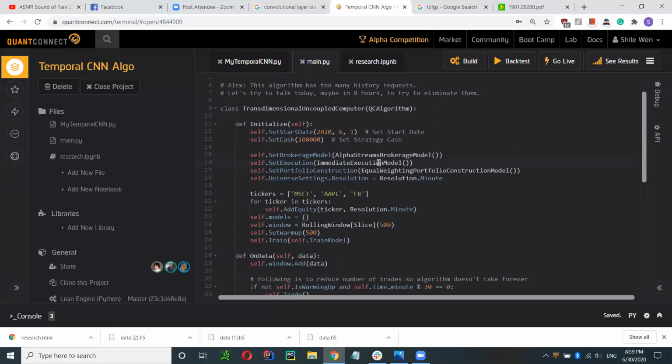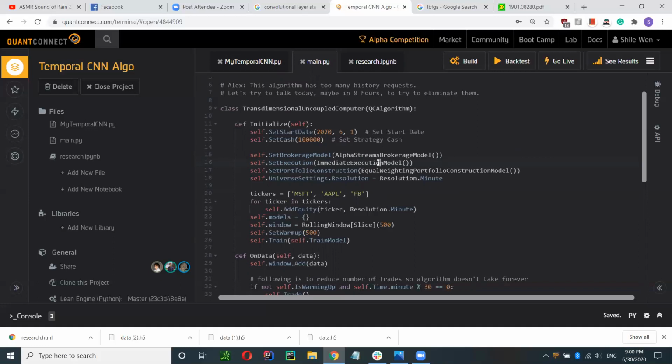Some will buy it based on the volume weighted average price, so when it reaches a good price, it executes buy or sell orders. However, we decided to go with the immediate execution model. What that does is it buys immediately. So if we send in an order, it automatically tries to fill that order